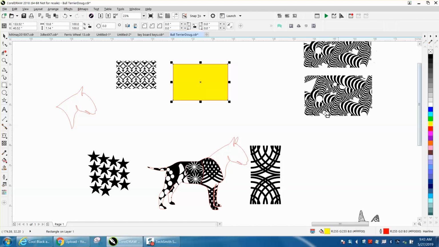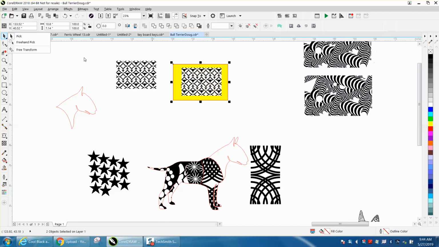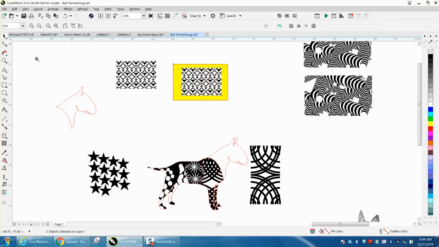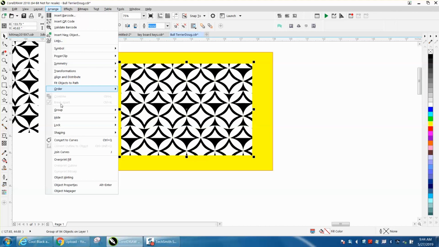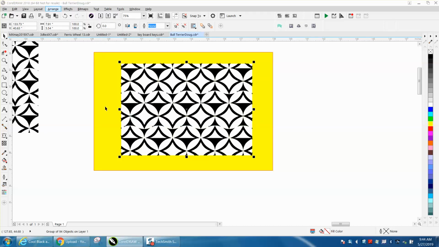I'm going to create a little yellow box. I'm going to put it to the back of the page. I've got a hotkey for that, but it's under arrange and order. Let's zoom in here a little bit. Let's take our graphic and go up to arrange and ungroup all objects. And if we get lucky,